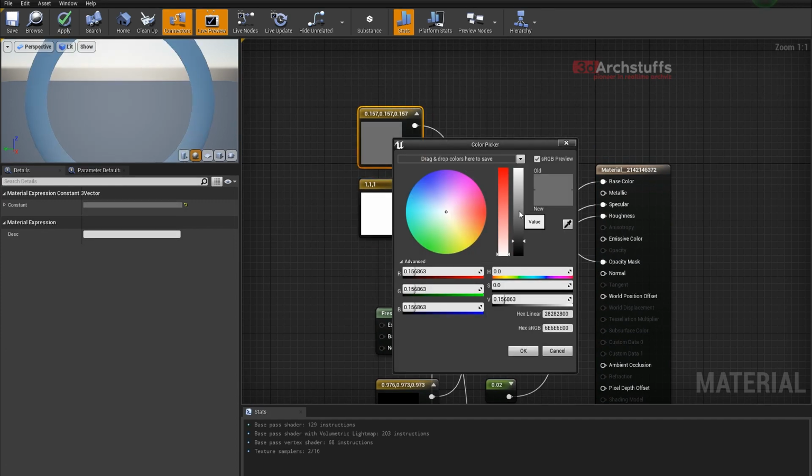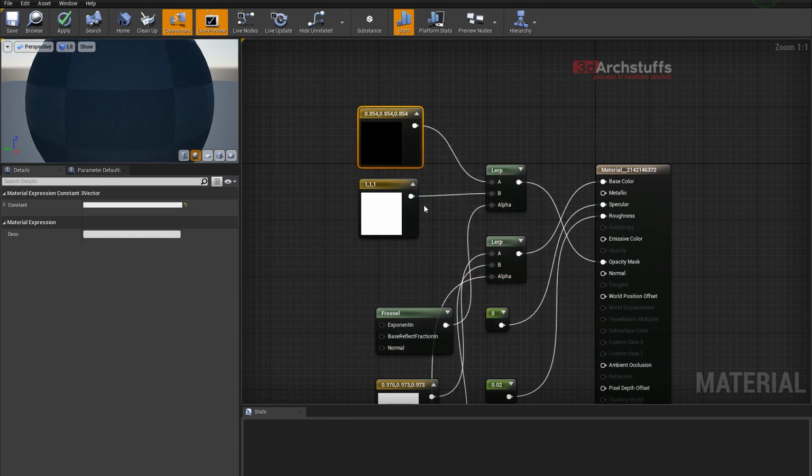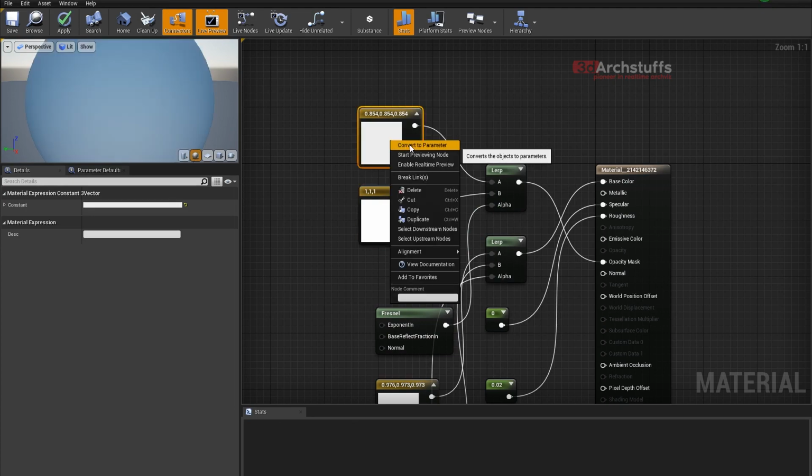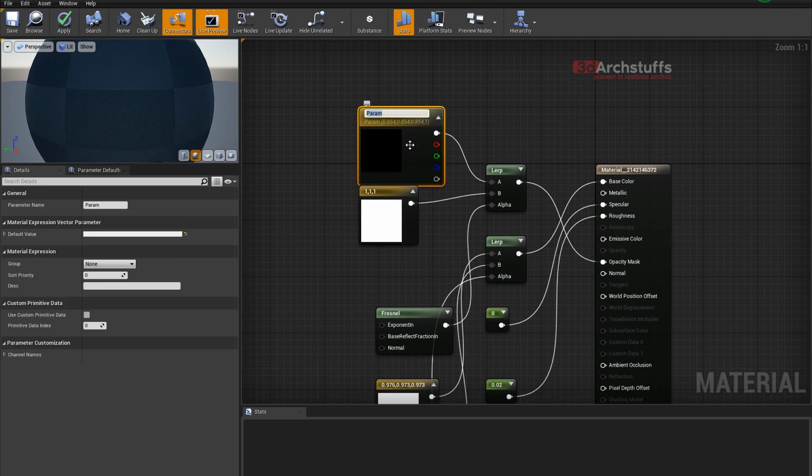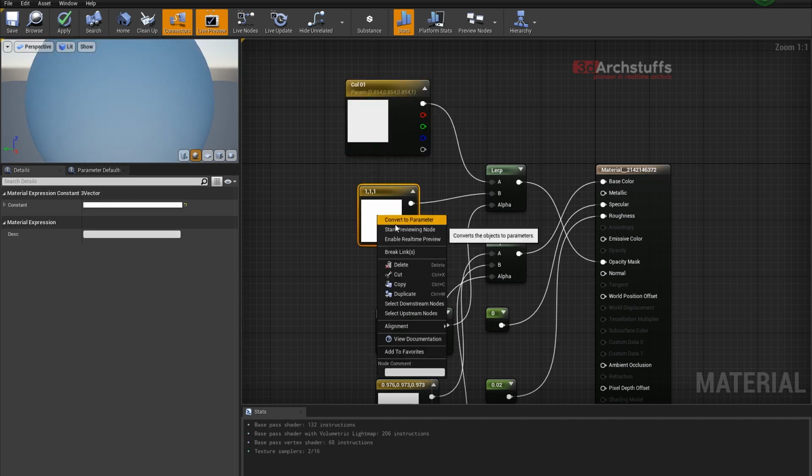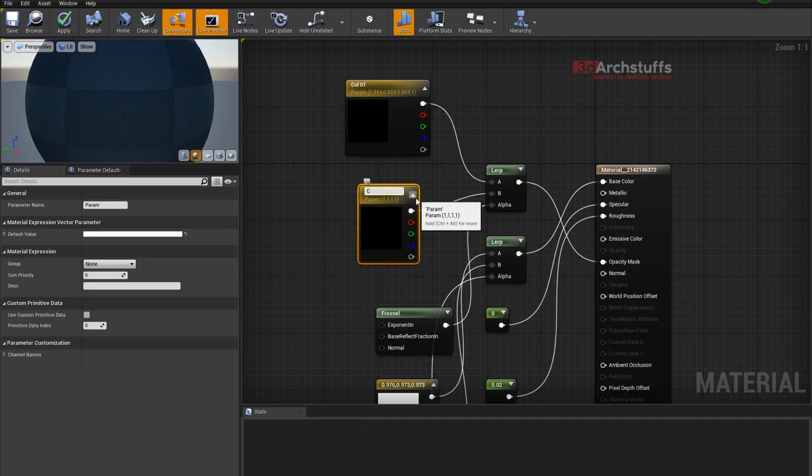So I'll make this a little gray white, and then this one to be white, and then I will convert this to parameter now, and we will name it color 01, and then right click this and convert it into parameter and name it color 02,